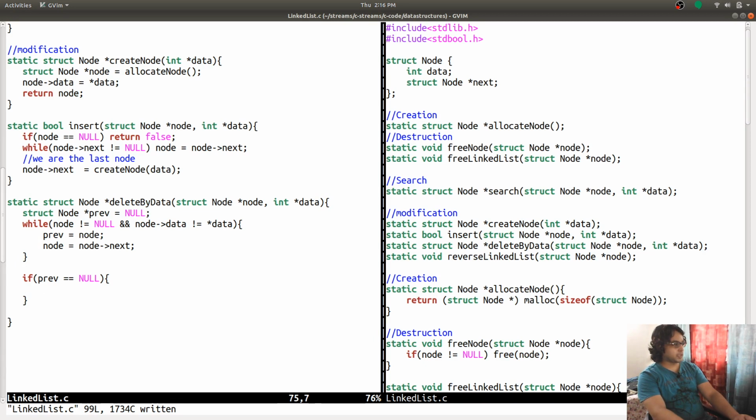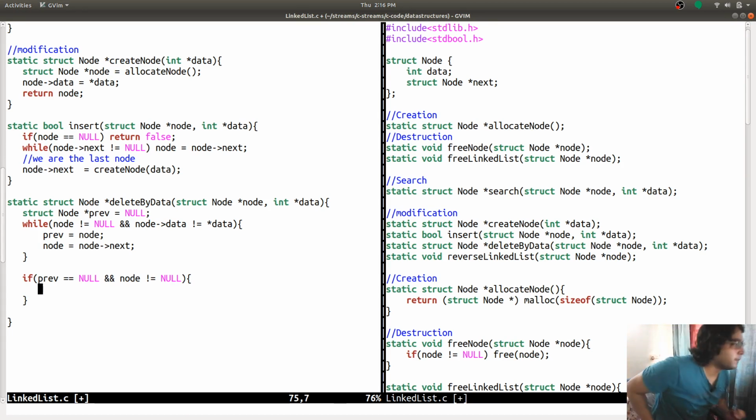As previous is null and node is not equal to null, that means the first node itself is the node that needs to be deleted, and it has the value.